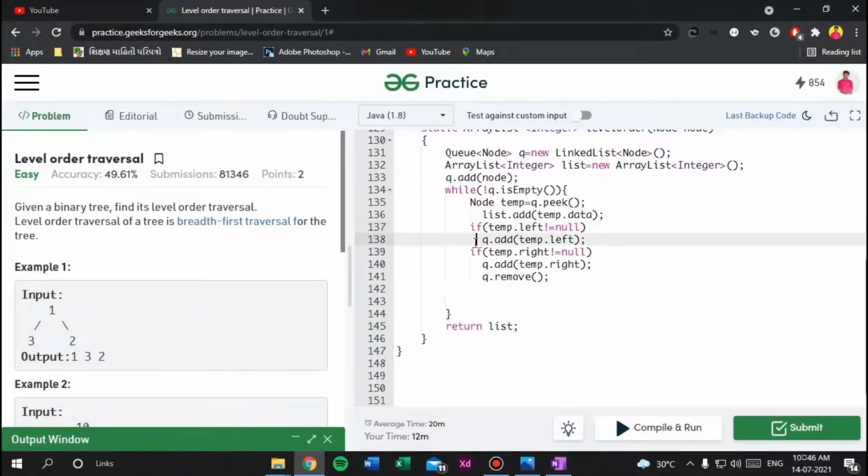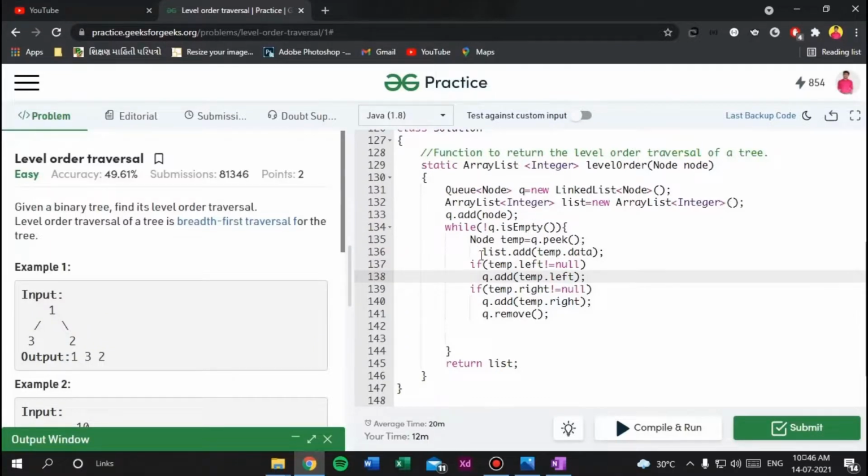So that's it for today. Today we learned level order traversal, and in a future video we will start learning the very famous interview questions like left view and right view of the tree. For this, level order traversal is necessary, so I decided to make a video on this. I hope you understood this question and answer very well.